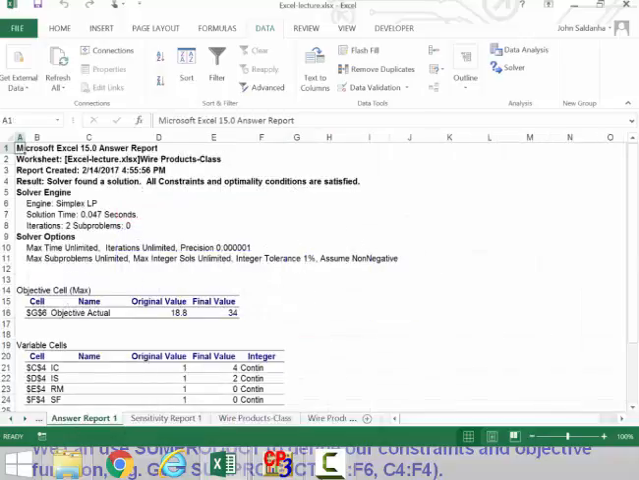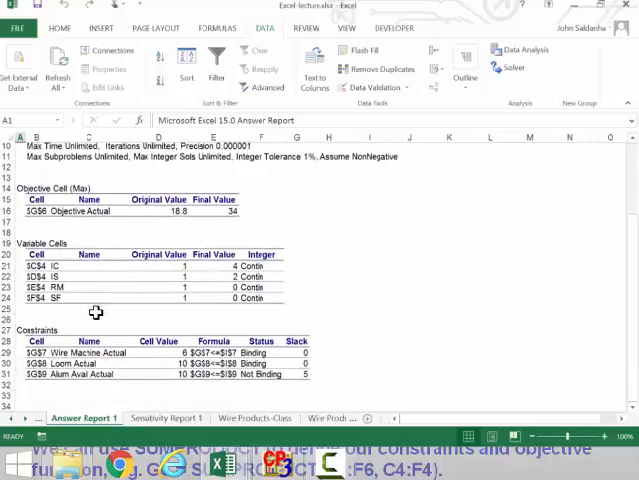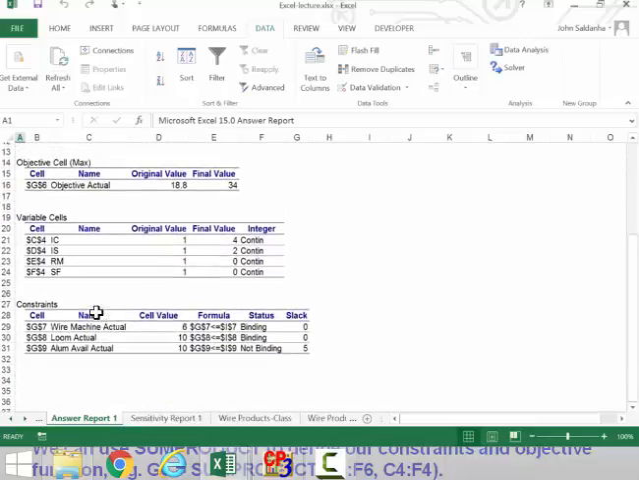Let's start with the answer report. Answer report gives you the basic feedback on all the different informational items about the workbook, who's created it, when it was created, etc., and what was the solver engine used, how much time was used, how many iterations did it take, etc. You can see that in the solver report,